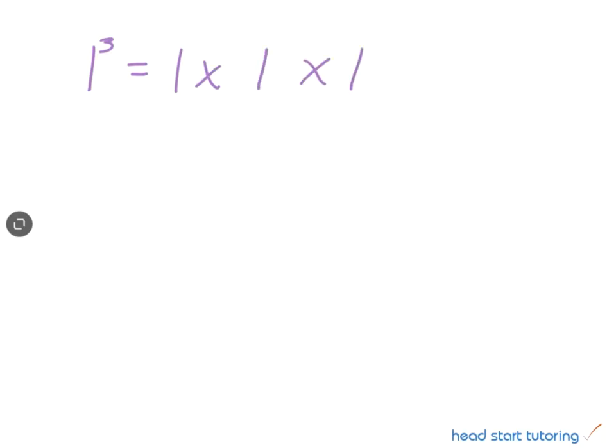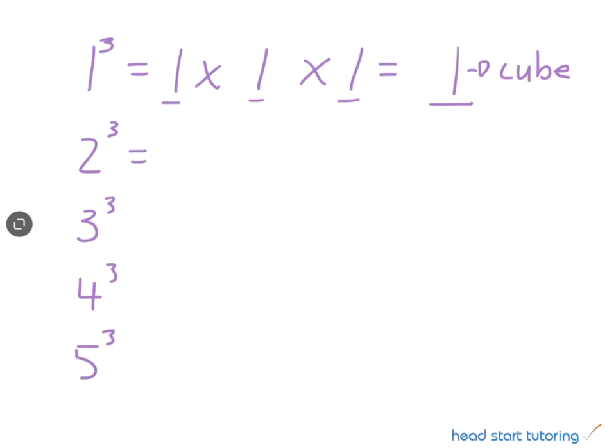When we cube any number, or when we put any number to the power of 3, we times that number by itself and then by itself again, and that will give us an answer of 1. 1 to the power of 3 is 1 times 1 times 1, and that will give us an answer of 1, and 1 is therefore known as a cube number. So if we have a look at the first 5 cube numbers,